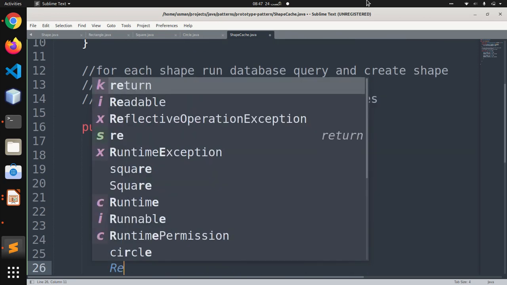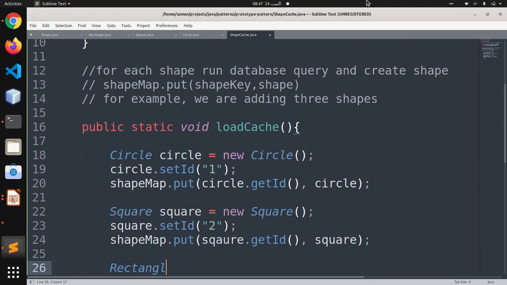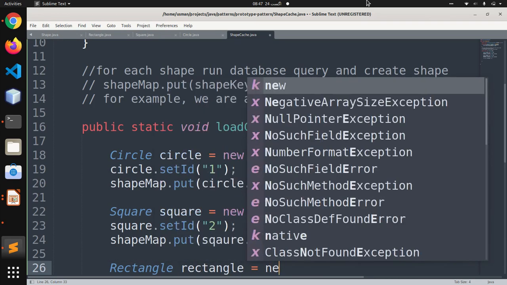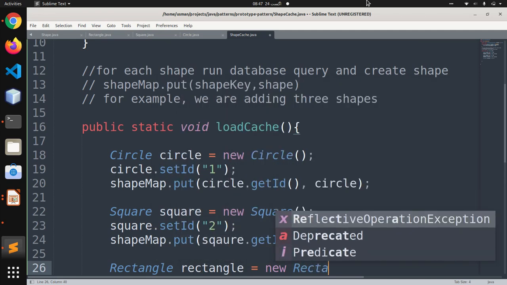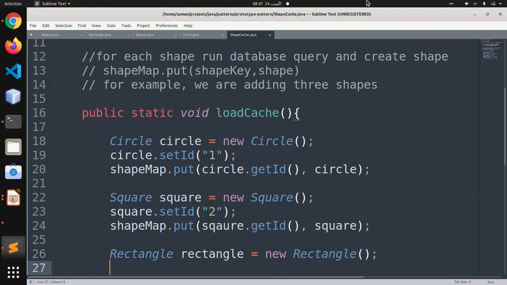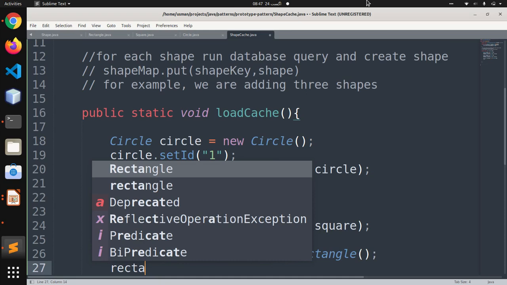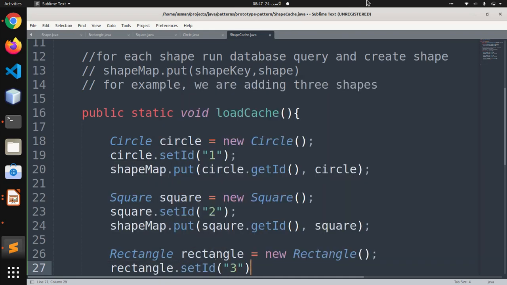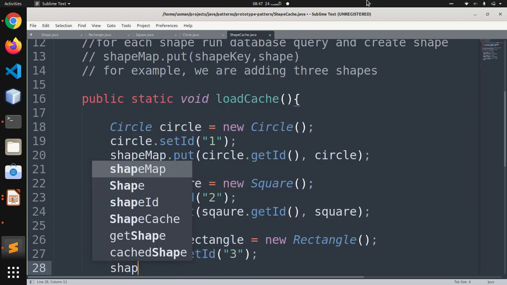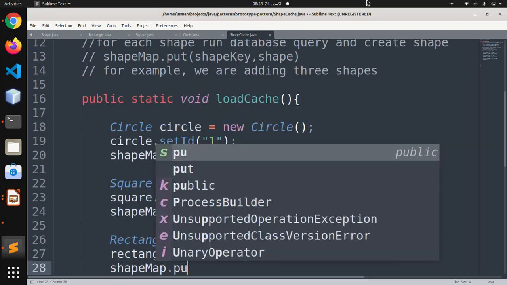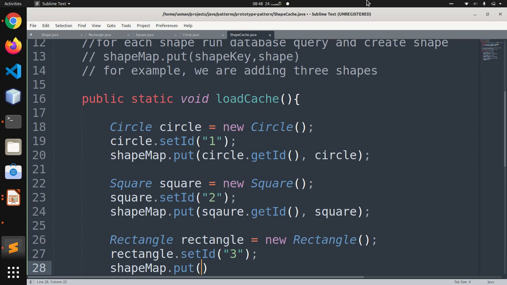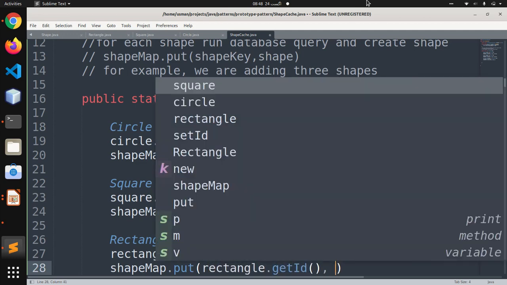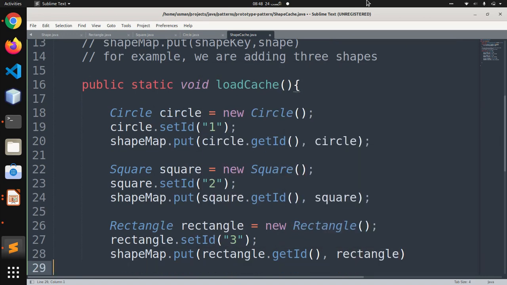The third and the last one is the Rectangle object. Rectangle equals new Rectangle, and here rectangle.setId(3), and now our hash table. Put rectangle.getId and the rectangle object.